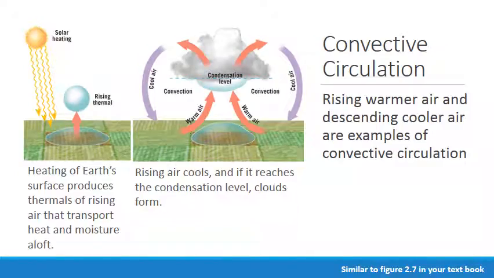In a similar manner, some of the air in the lowest layer of the atmosphere that's heated by radiation and conduction is transported by convection to higher layers of the atmosphere. For example, on a hot, sunny day, the air above a plowed field will be heated more than the air above the surrounding croplands. As warm, less dense air above the plowed field rises upward, it's replaced by the cooler